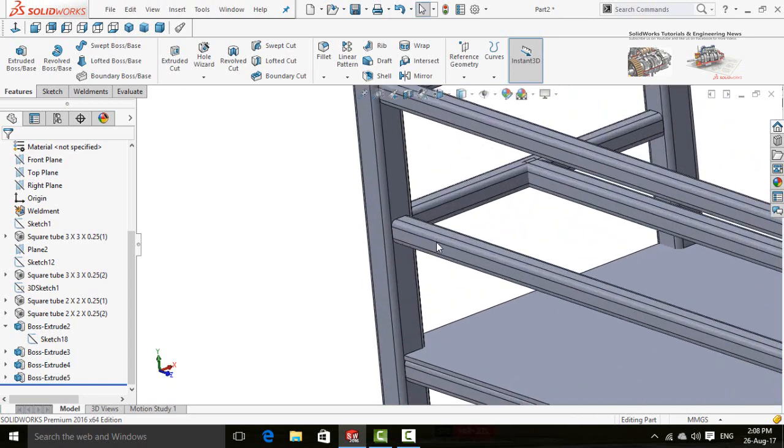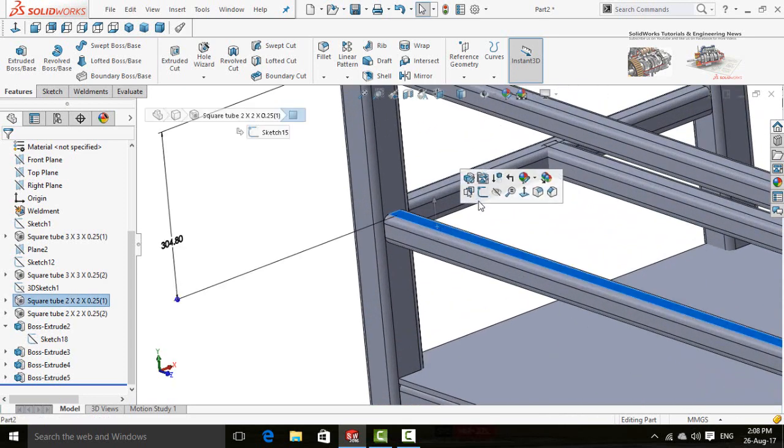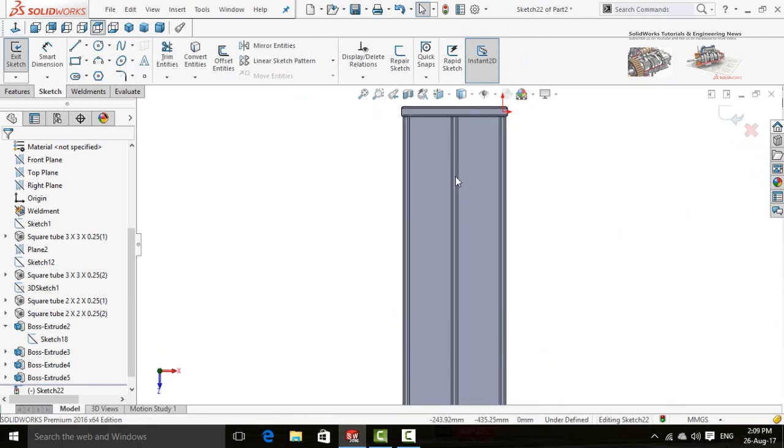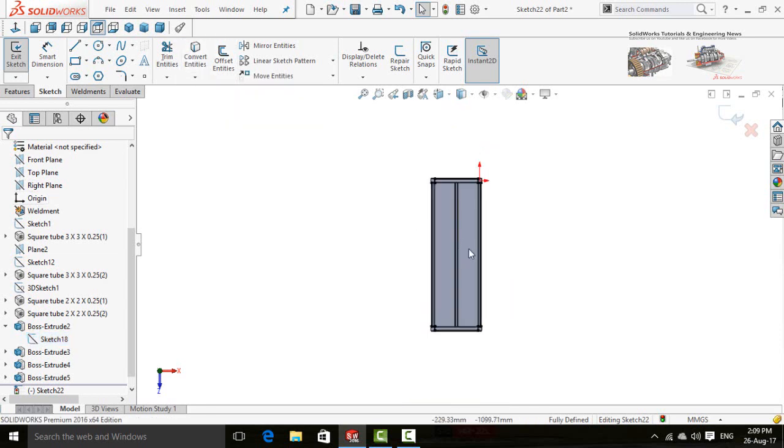For this face, click on the face and then sketch. Make normal to. Select the sketch for the first shelf and select convert entities.